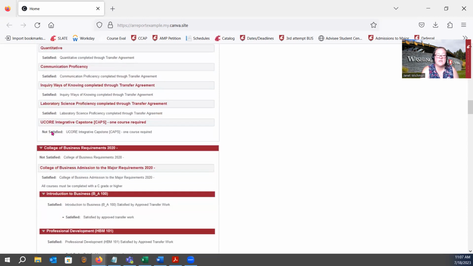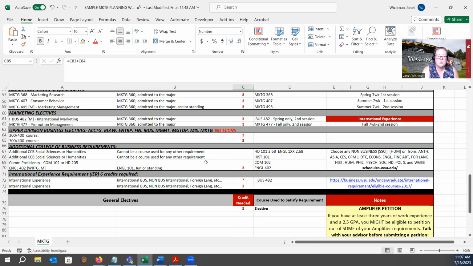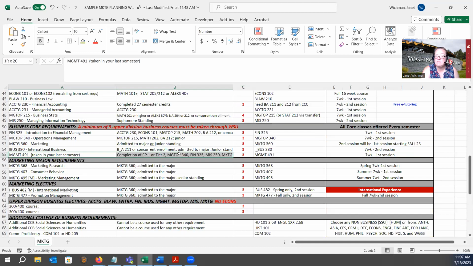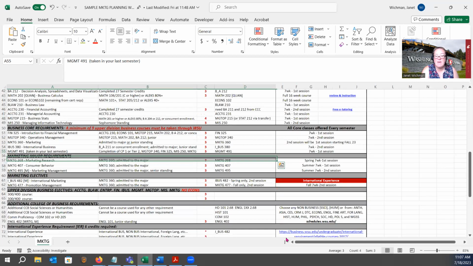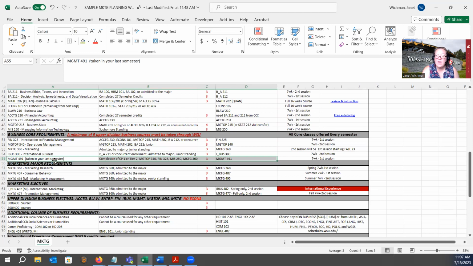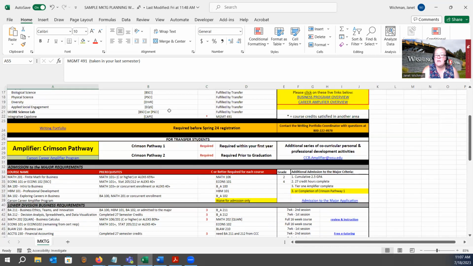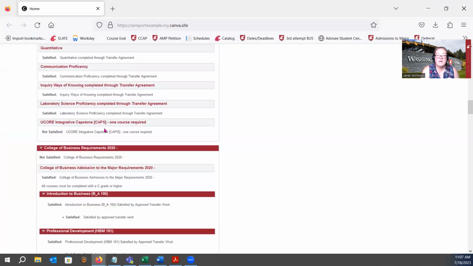One thing to note is that this capstone, even though Butch has a transfer degree, is not completed. That's because all business students have a capstone course, Management 491, which is your strategic management. HBM has a slightly different course, but you do have a capstone course built into your program. It should also be noted on your planning worksheet. So you will never see your UCORES completely satisfied until that capstone is completed. So just make sure that you don't take an additional capstone, because we know that one is